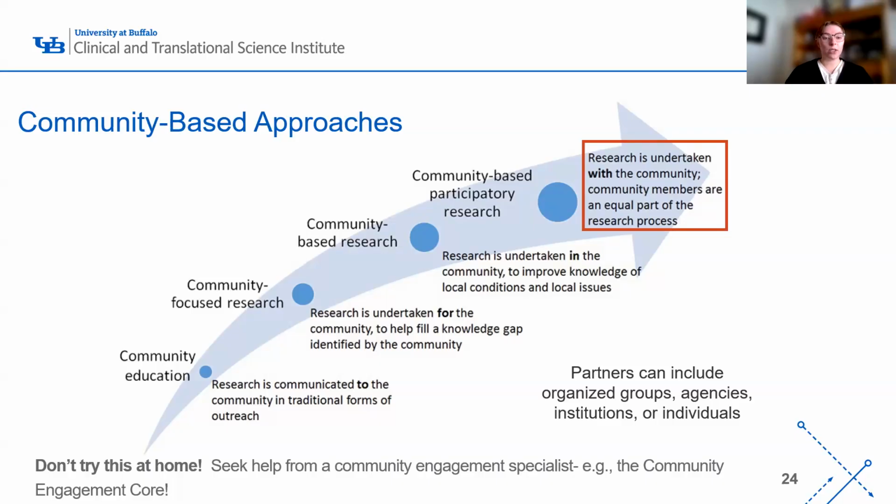Community-based research is research that is undertaken directly in the community to improve the knowledge of local conditions and local issues within that community. However, community-based participatory research is research that is undertaken with the community as a partner, an equal part of the entire research process. And your partners can be organizations, groups, agencies, institutions, or even individuals in the